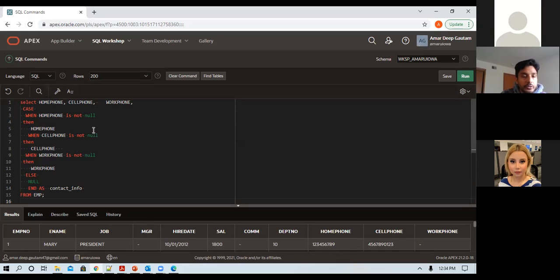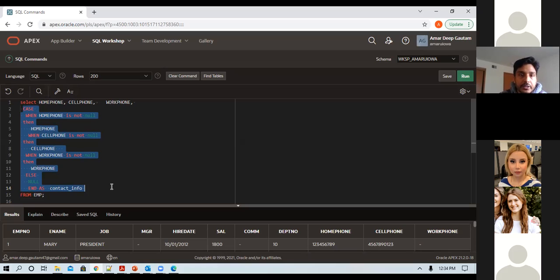If we were not supposed to use the coalesce function, this is how the code would look, and just for one, we could have replaced this case structure with the coalesce function. Any questions on why coalesce is better than case in this kind of scenario? Okay, I'm taking that as no.